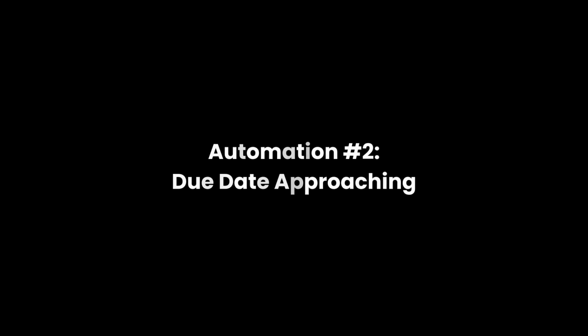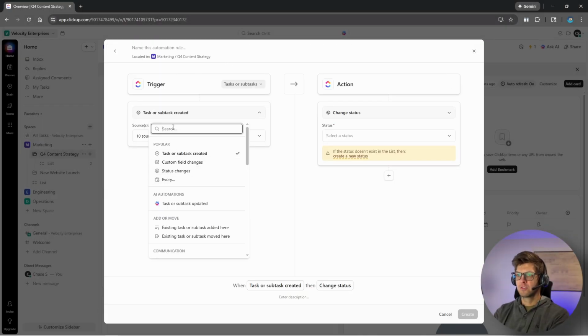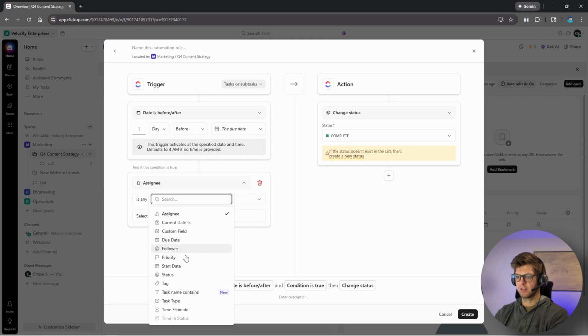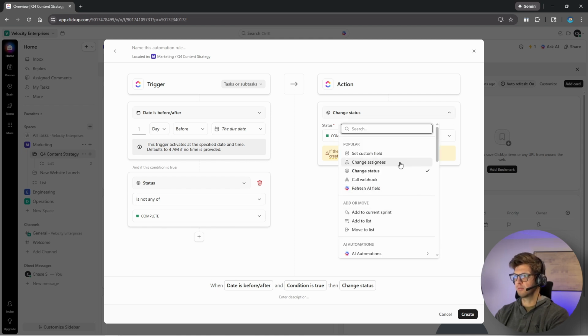Okay, the second one is due date approaching. So all we have to do to add another one is say add action. We'll come back up here. So the trigger date is before or after. If we say it's a day before the due date and, right, because we don't want to send it if it's done, right, is not any of closed. Okay, so if it's not complete and it's a day before the due date, our action is going to be